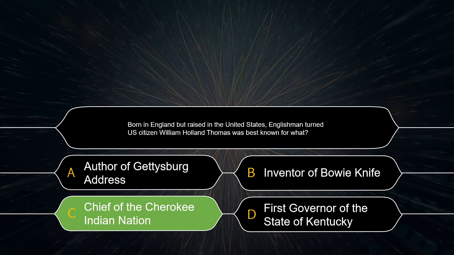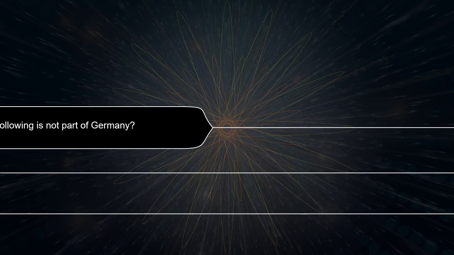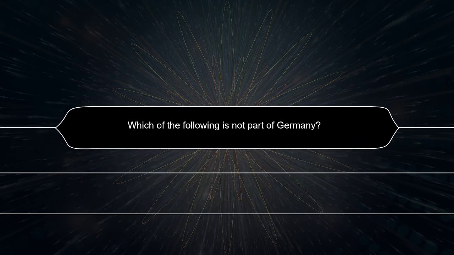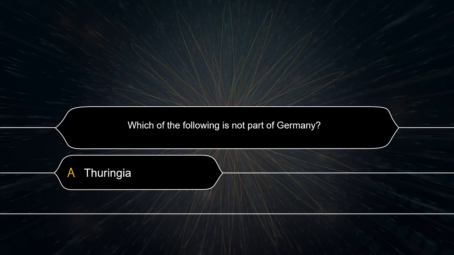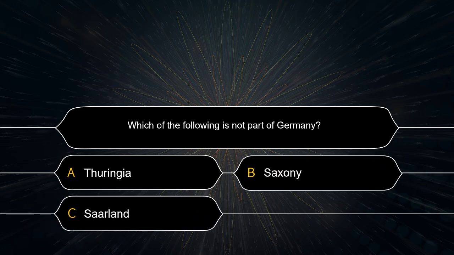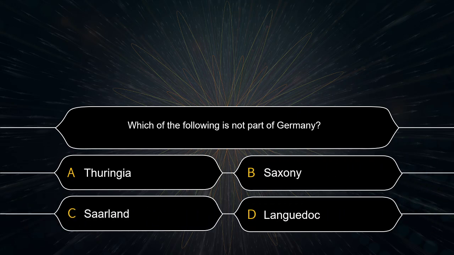This one is going to be for outside the United States. This one is going to be for people specifically in Germany. And if you're in Germany and you miss this next question, I'm just going to... I've got no words. Which of the following is not a part of Germany? A. Thuringia. B. Saxony. C. Saarland. D. Landau. Now, I'm going to let you laugh at me here for a minute. Laugh it up. Because if you miss this question, I'm going to laugh at you.